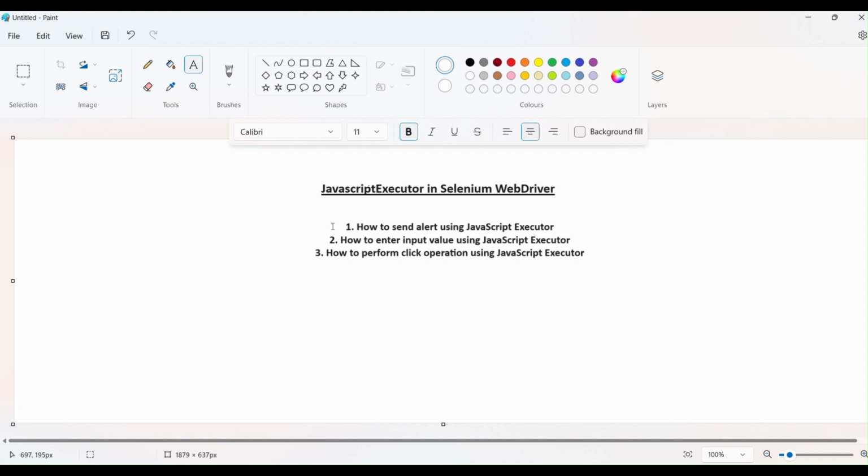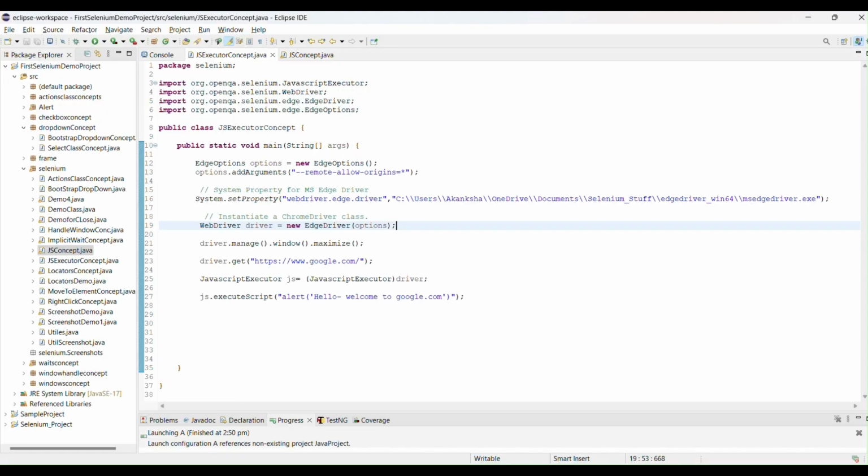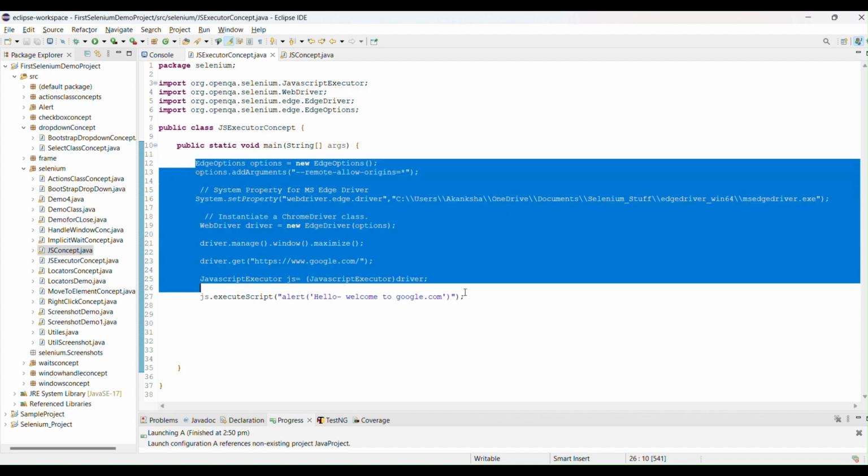I already covered how to send any input value inside the input field without using send keys, how to perform click operation using JavaScript executor, and how to send an alert using JavaScript executor.